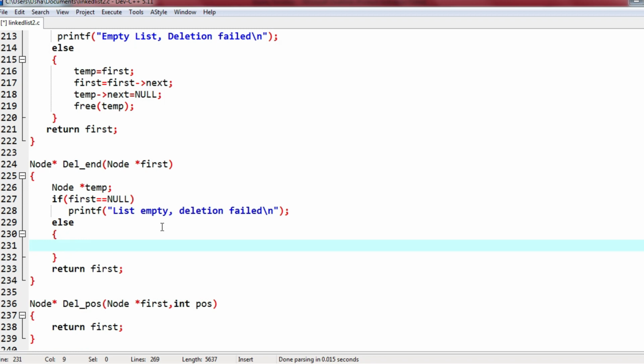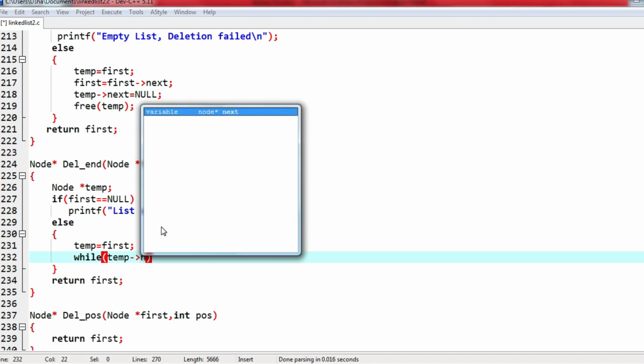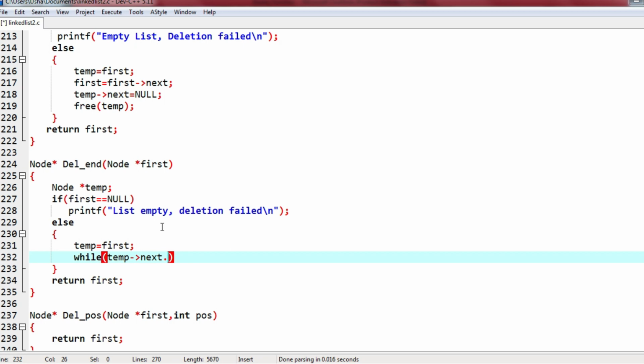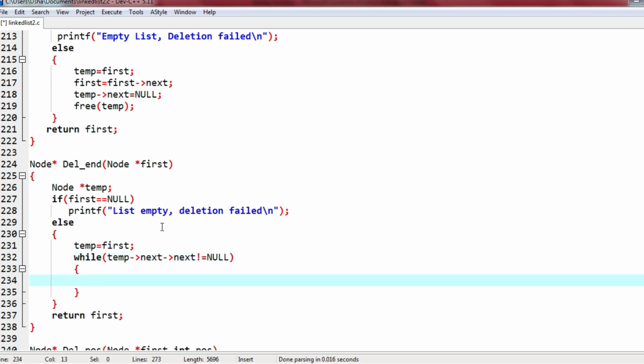In that case, temp equals to first, while temp next not equal to null, because I have to change the next pointer. So next not equal to null. Again here, since we are deleting the last element, I have to be in the previous element because the next pointer needs to be modified.